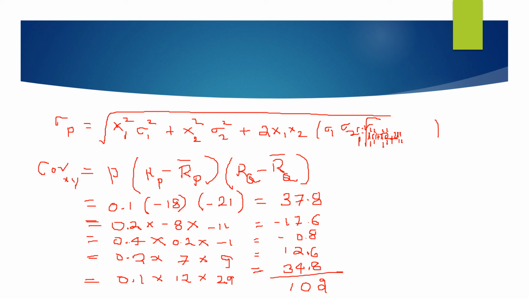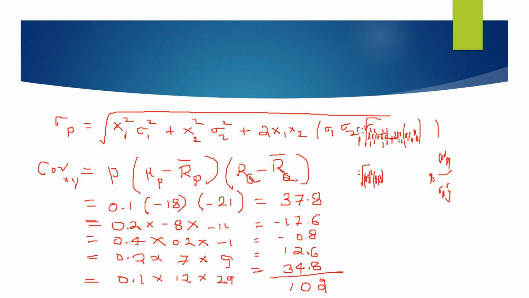Because r is equal to, we have the formula, covariance of xy upon standard deviation x and standard deviation y. As this is for two stocks, you have to keep that in mind. The variables may be anything, you just have to make it for the first and second stocks, 1 and 2, x or y or 1 and 2. You can write any name for the variable.